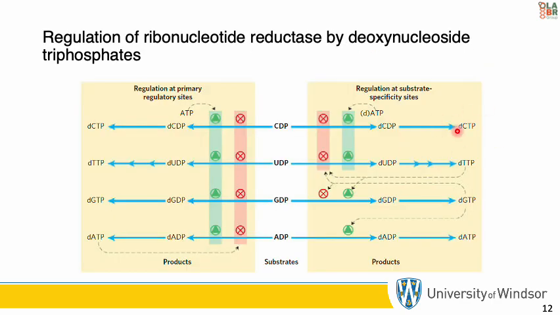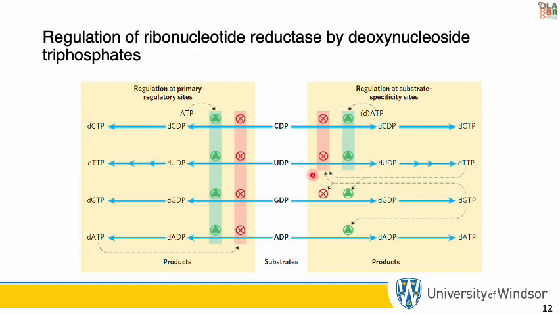Okay, so I think this slide does a better job of explaining what I wanted to explain. So I'll go over that again. We have one location that affects the overall enzyme activity and binds ATP, which activates the enzyme, or dATP, which inactivates it. The second type, like I said, alters the substrate specificity in response to the effector molecule, whether it be ATP, dATP, dTTP, or dGTP that is bound there.